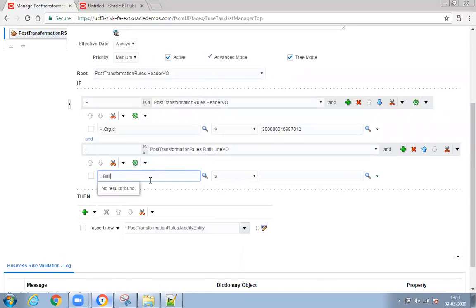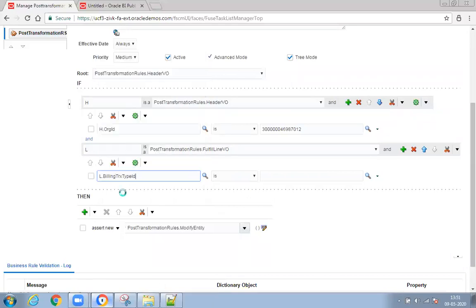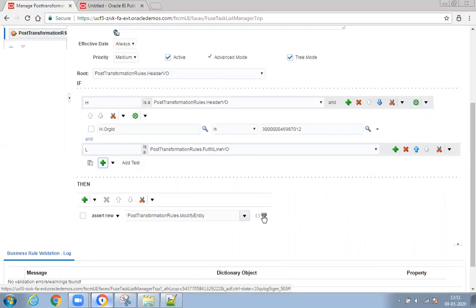Oh, sorry. Billing transaction type ID. This is the attribute. These attributes now we are going to modify. So now take that attribute and delete. Not required. If you want any condition, you can add. Then delete. Now.